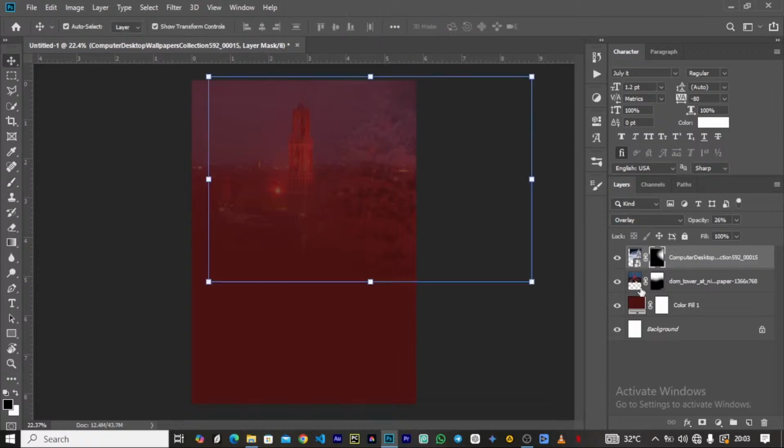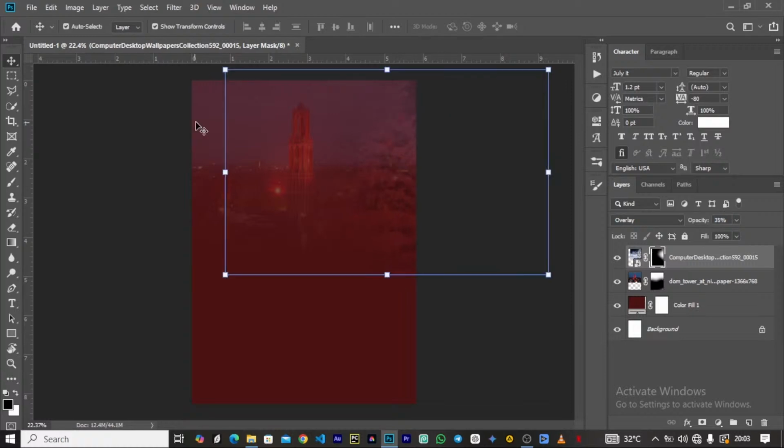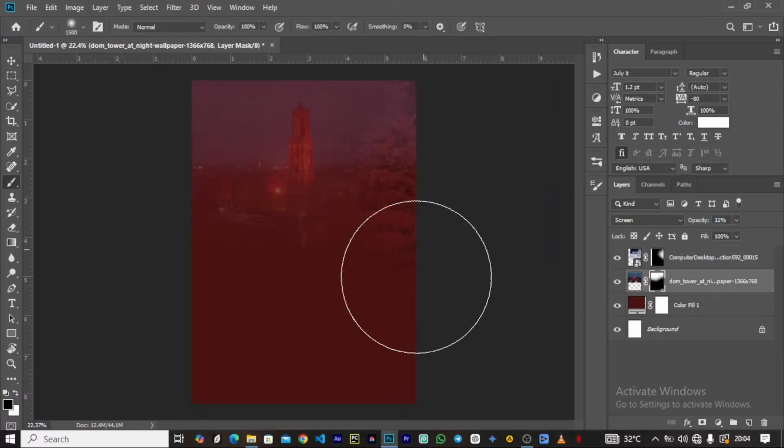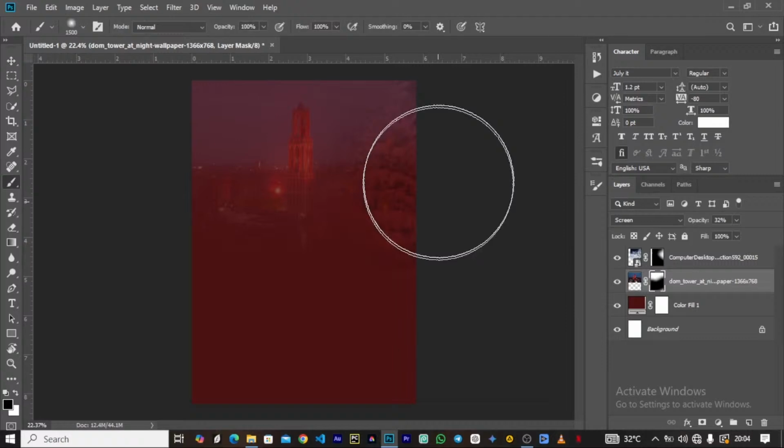So once you are done, just increase the opacity a bit like this and still position it at the corner. All right, something like this. So you can click on the city background once again and then feed the portions that cover the Christmas tree. All right, so this portion you can just clear it off a bit, something like this is okay. So now the next thing we are going to do is we are just going to